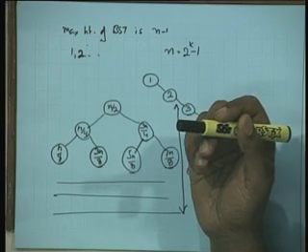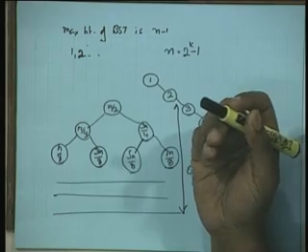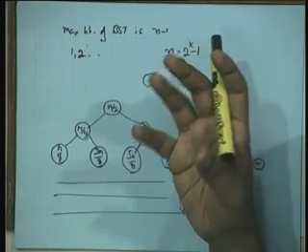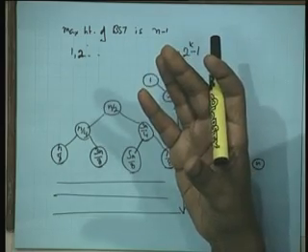So, we have to talk of a random variable, right? The height of the tree will now become a random variable. You understand what a random variable means? A variable which takes many different values. So the height of the tree could take one of many different values. What are the many different values that the height of the tree can take?